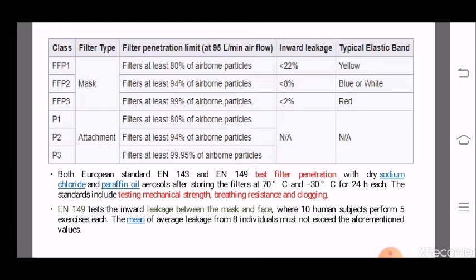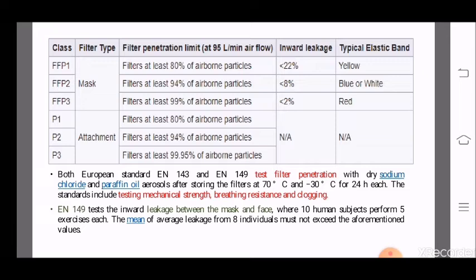The filters FFP1 are designed in form of mask, and they are having 80% of filtration rate. FFP2 is having 94% of filtration rate, and FFP3 is having 99% of filtration rate, and their leakage protection is